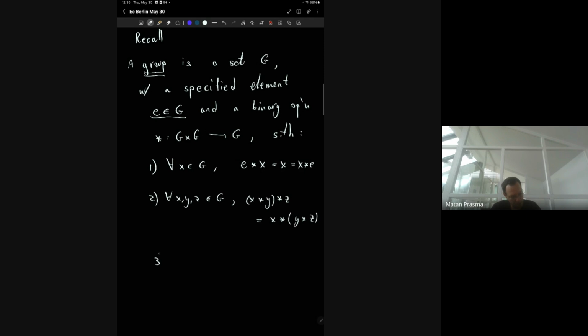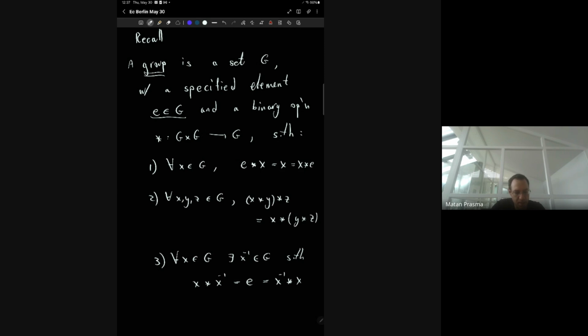And third, for any x in G, there exists an element which we denote as x minus 1, such that x star x minus 1 is equal to e and is also equal to x minus 1 star x. Okay, so